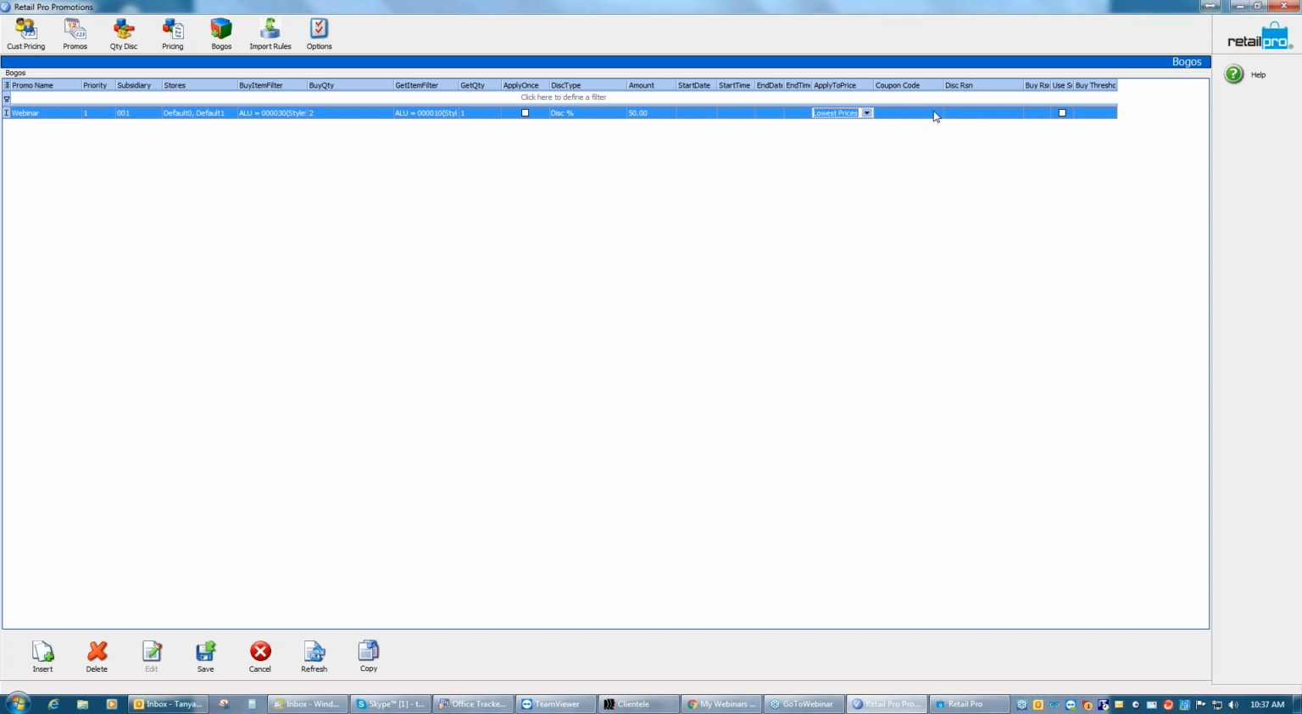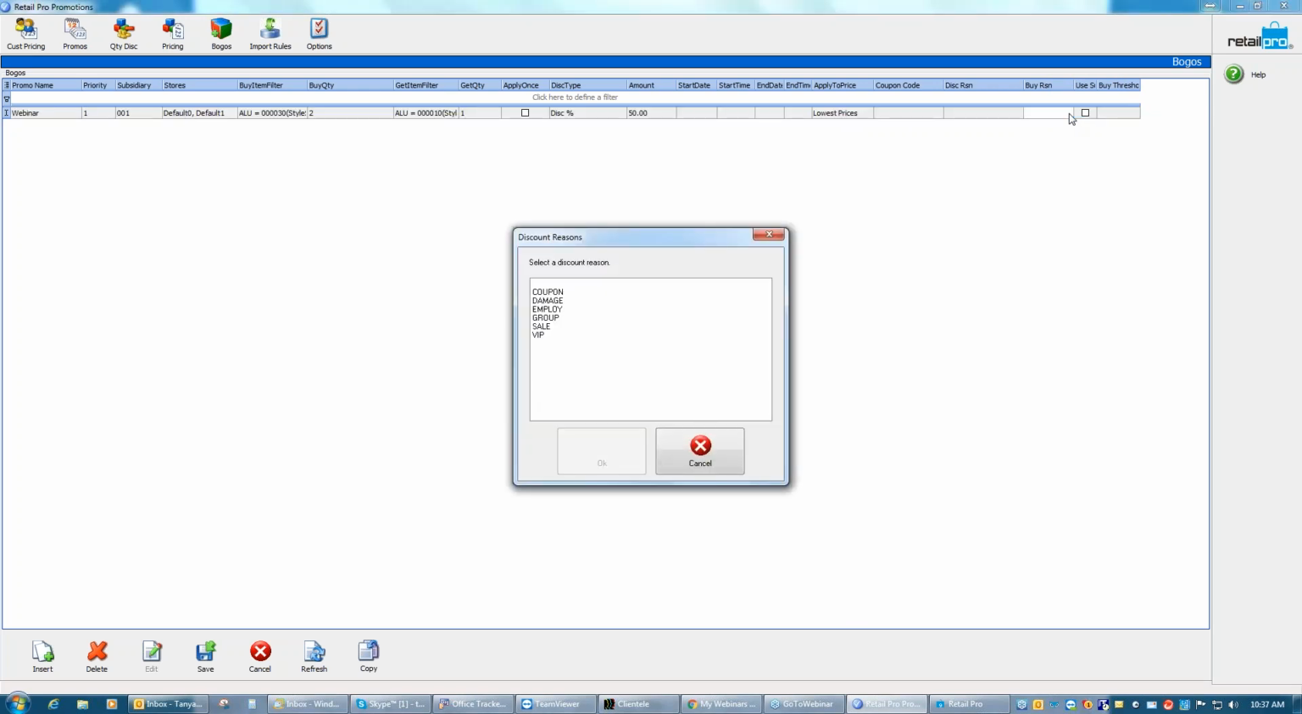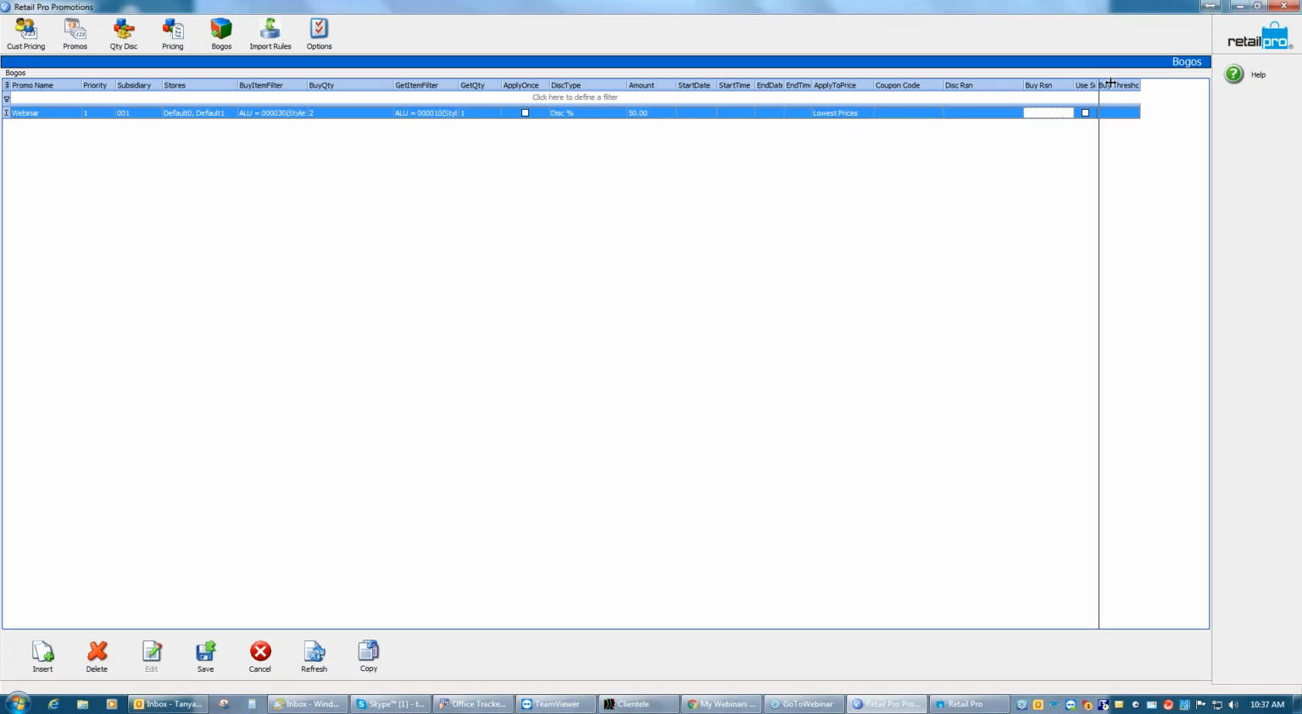Again, I can set up a coupon code. I can set up a discount reason. We have a buy reason as well. And then here we can have it based on the subtotal, or we can have there be a buying threshold. So they can't buy any more than 3, or they can't buy any more than 4 and get this discount, even though we've turned off the apply once, we don't want them to get more. I'd save that, and then just to see if it works,